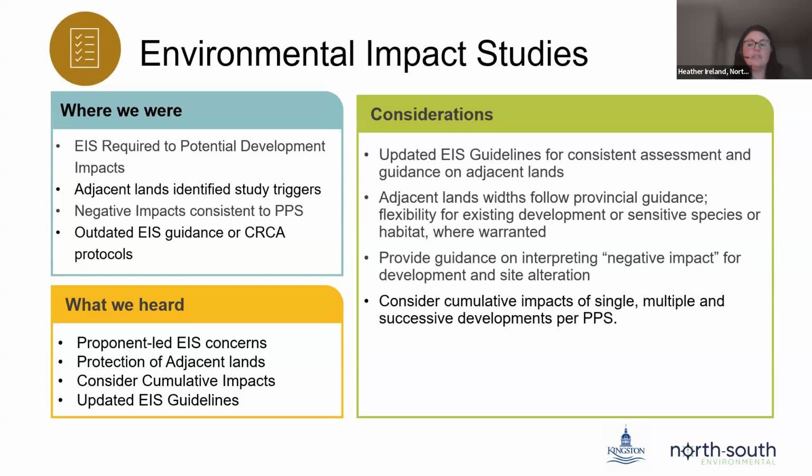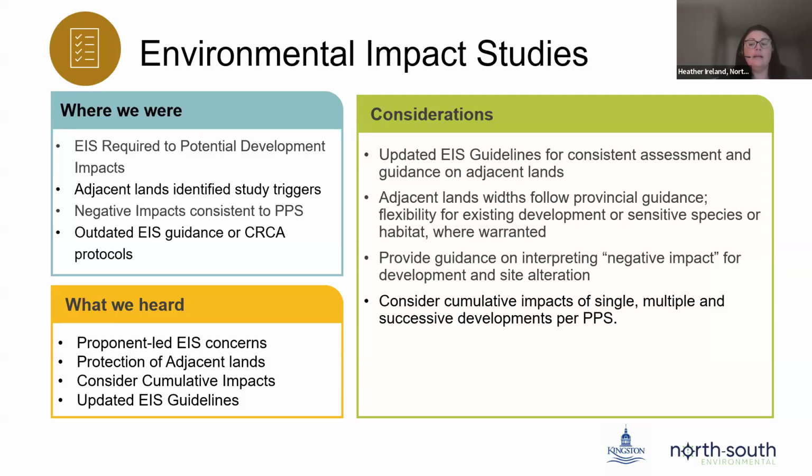In response, the draft Natural Heritage Study recommends updating the city's EIS guidelines. This would give practitioners a clear understanding of study requirements and the expectations of the city. It will also allow us to standardize field methods and clarify how significance is determined and analyzed, as well as looking at impacts, including cumulative impacts and how they are assessed.